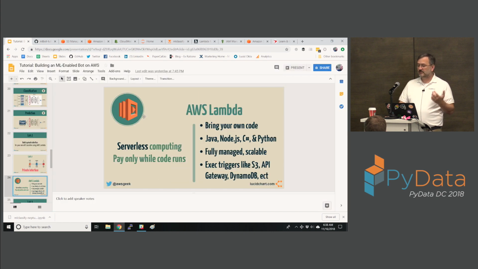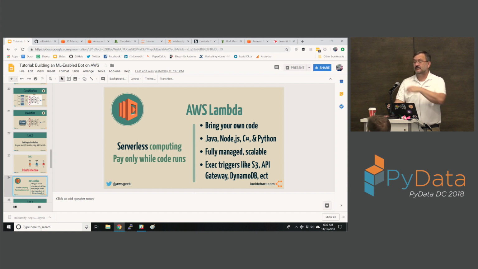If you haven't used Lambda before, this is AWS's serverless offering. So you write the code, AWS handles it, manages it, executes it for you. You don't have to deal with operating systems. You don't pay for EC2 instances that are running 24/7. If your function is only executed once a day for 10 seconds, that's all you pay for. You pay for that 10 seconds that it's executing. There's a cost associated with the amount of memory that you need and the CPU that you use, but that's it. So it can be a very efficient way to